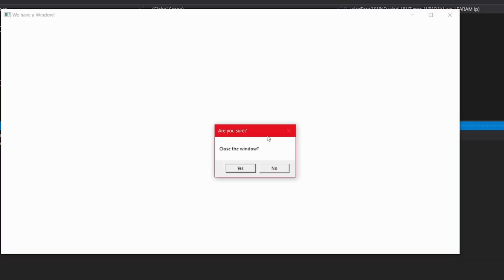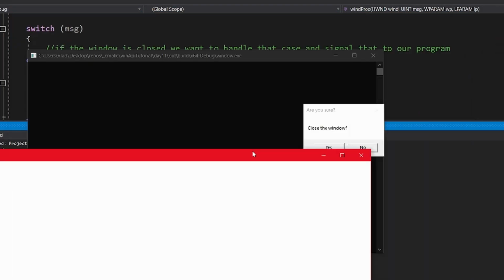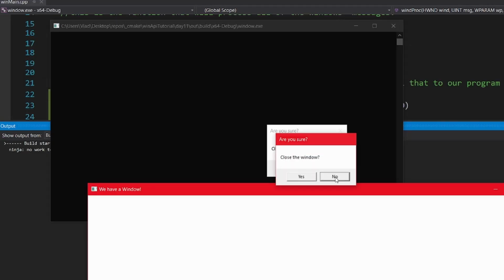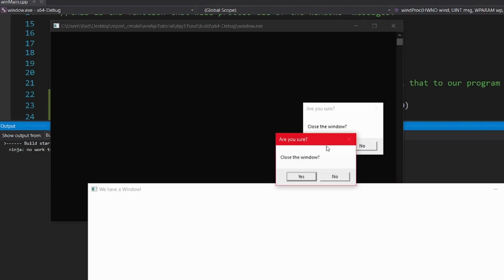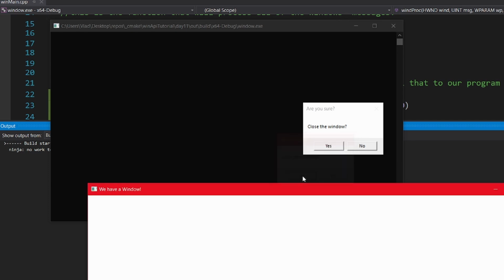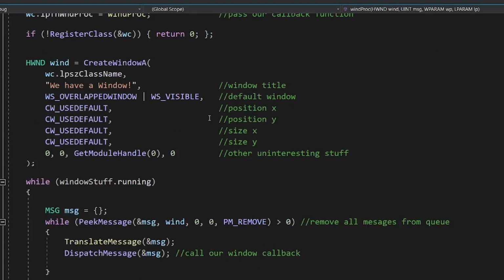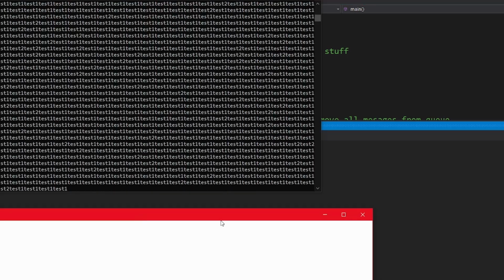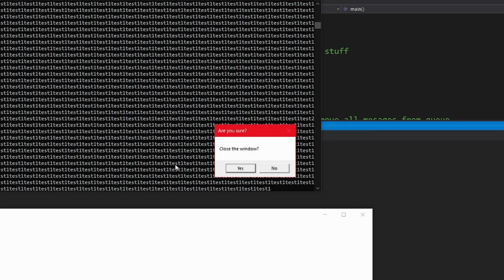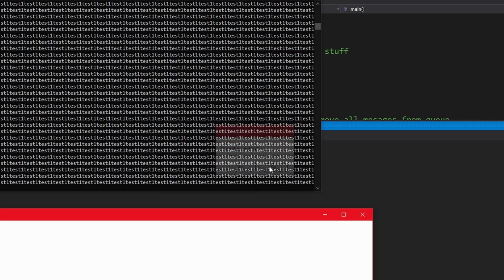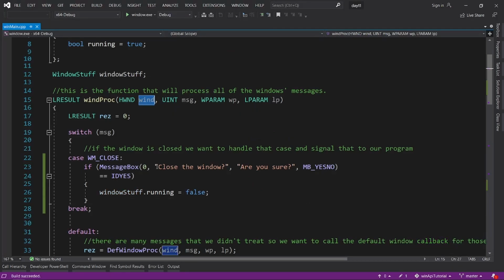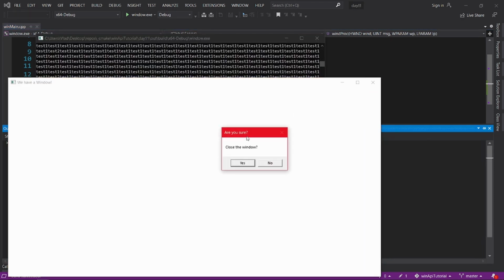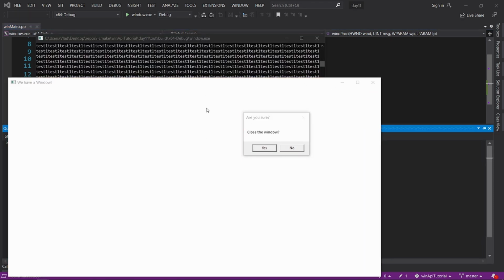So it seems like we still can move the window around because, as I mentioned, some events go directly into the callback. You can also try to close it multiple times, and you have to click all of them in order for it to work. If you however print something in the main loop, you will easily see that this event will block your program. A fix to this is to make our window a parent to this pop-up, making Windows not allow you to use the parent window until you handle the message box.